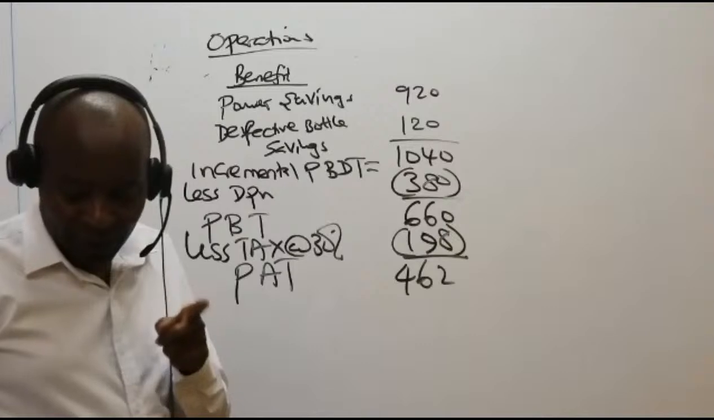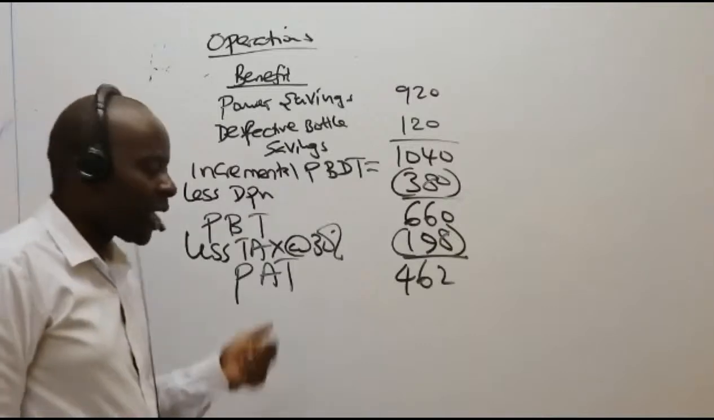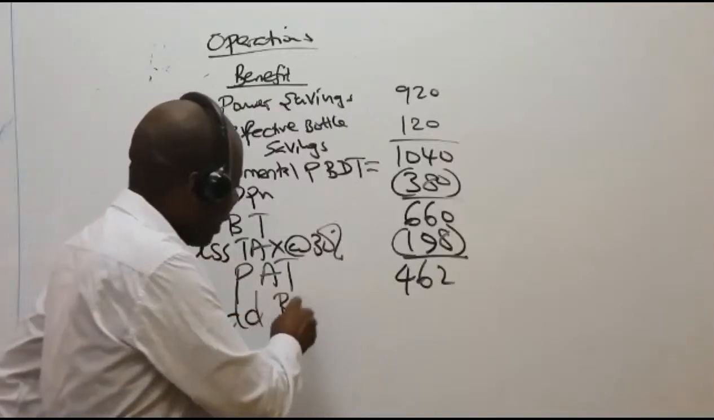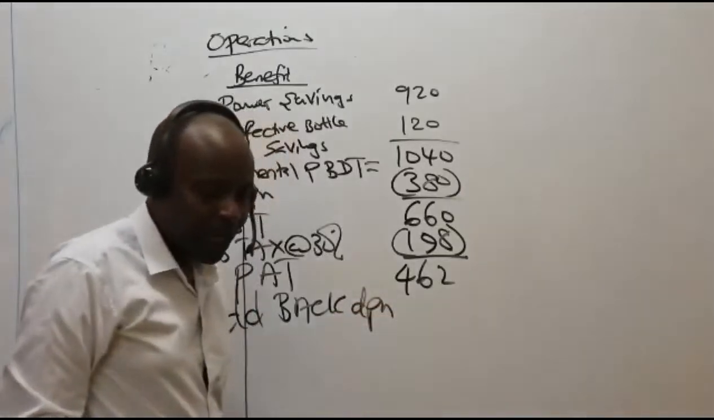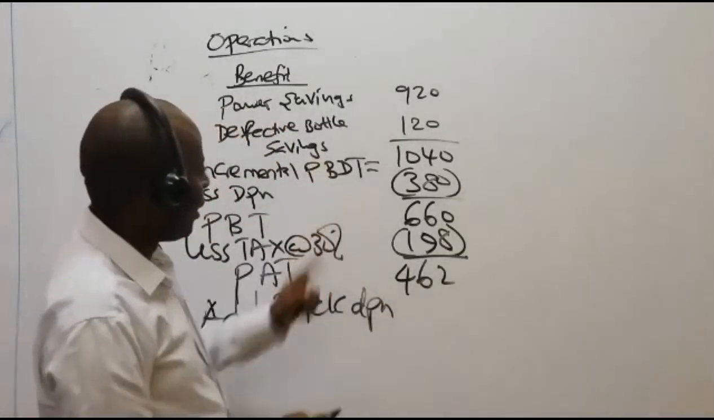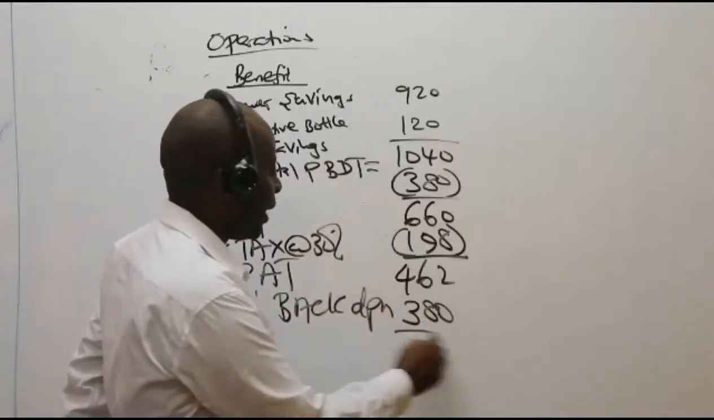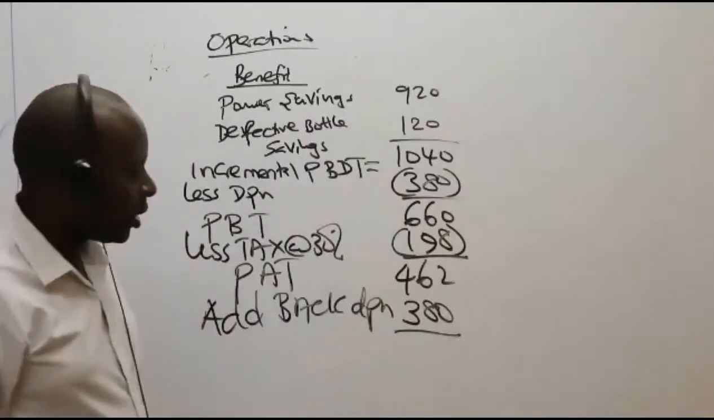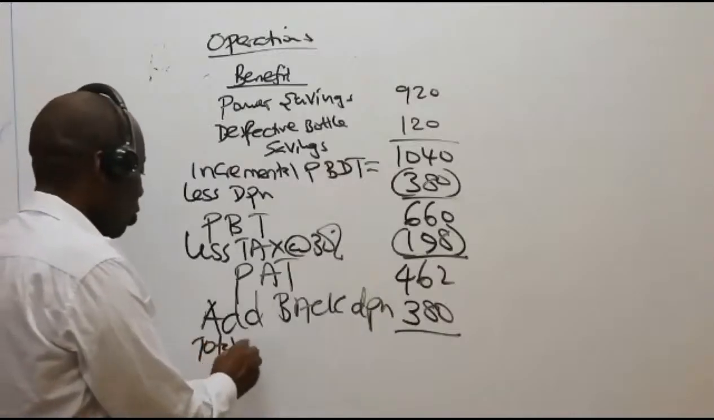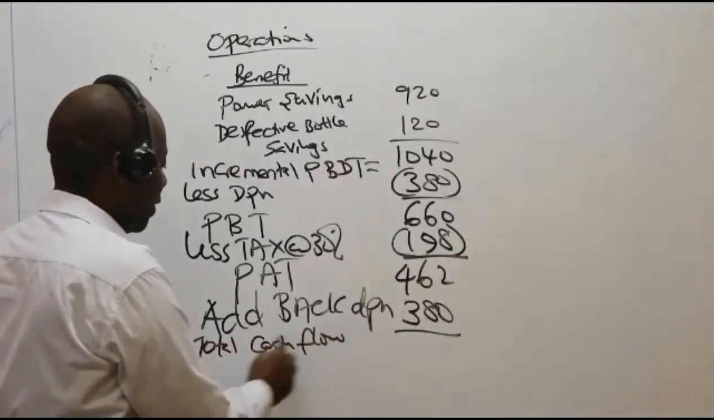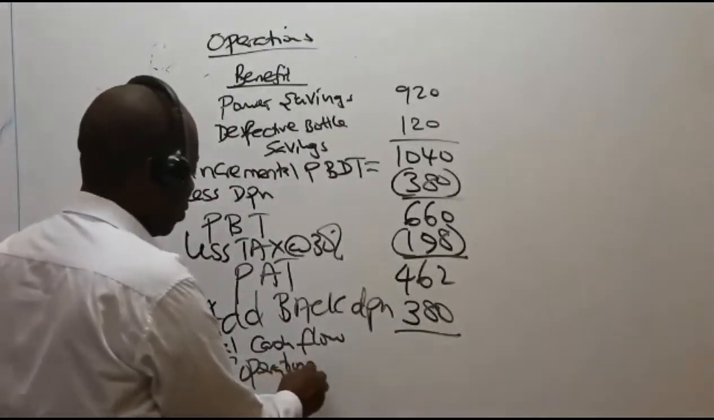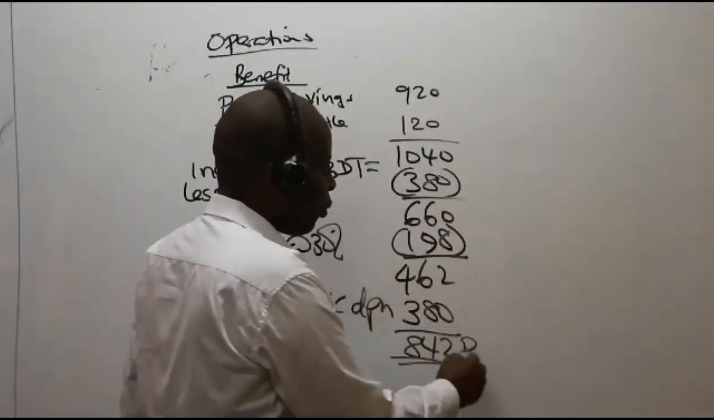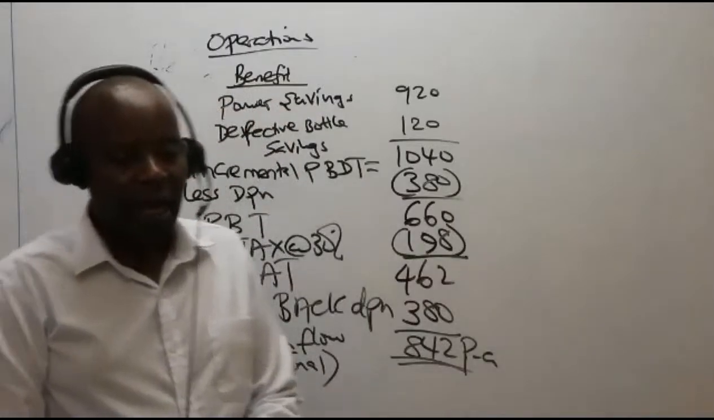Profit after taxation is 462. But because I want cash flows, I'll come and add back depreciation, my incremental depreciation of 380. So could you kindly please give me the total cash flow, which is operational in nature? Somebody says 842. 842 per annum. So the moment I get that, I have taken care of